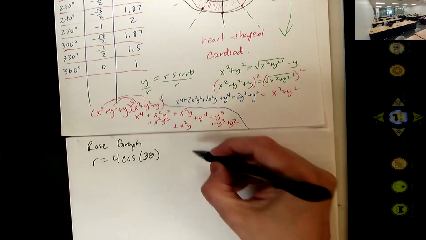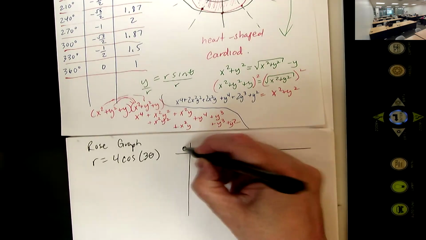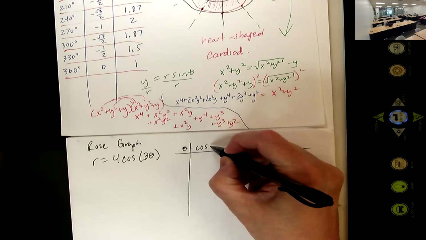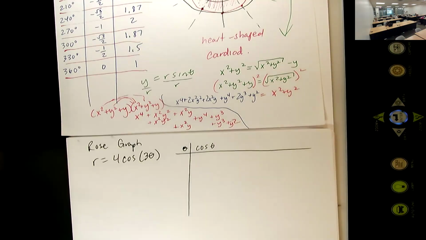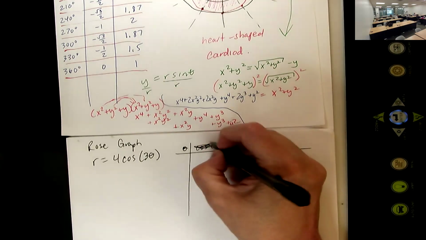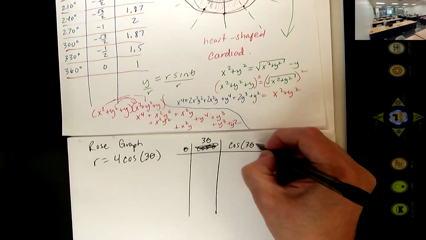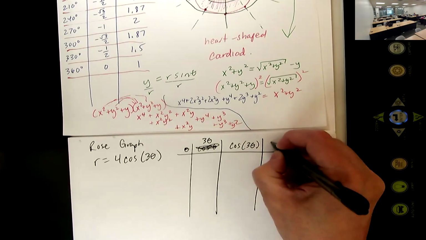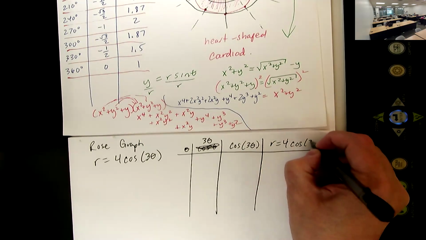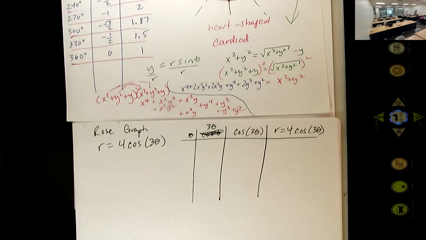I would recommend on your table doing theta, then cosine theta. No, not cosine theta, 3 theta, because that's what you're sticking into cosine. And then finding r. So I'll do a few lines of this. And I'm actually going to do fewer degrees because